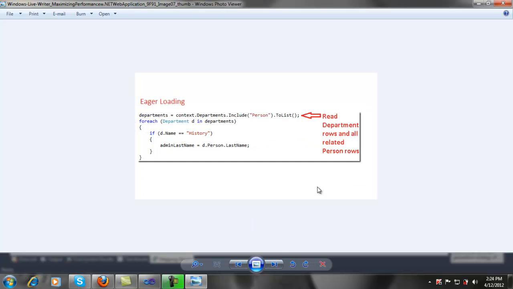Next, we are going to talk about eager loading. When the entity is read, related data is retrieved along with it. This typically results in a single join query that retrieves all of the data that's needed. You specify eager loading by using the Include method. Here you can see the Include method. And next,